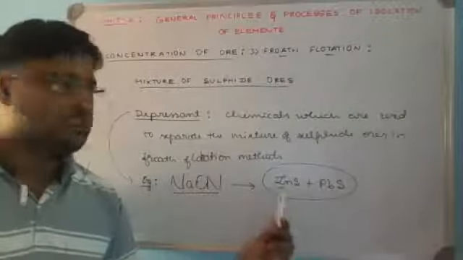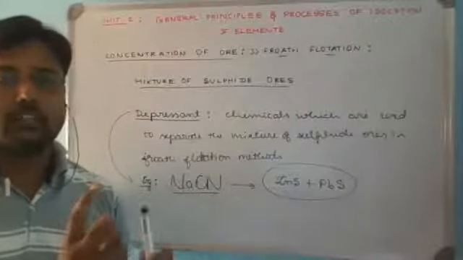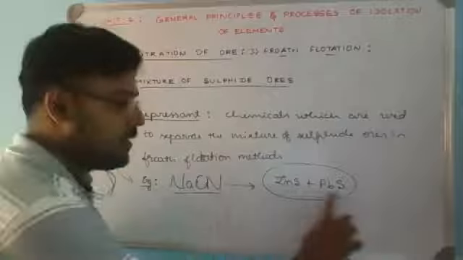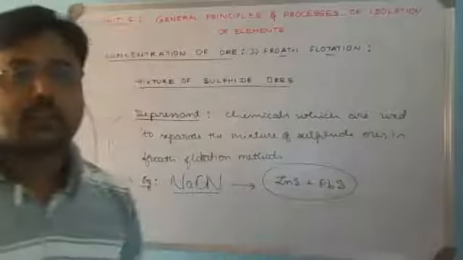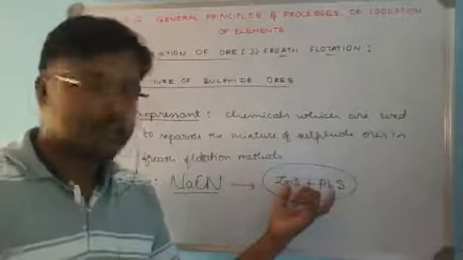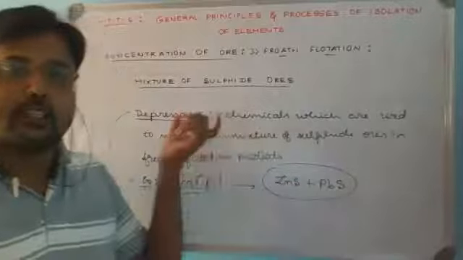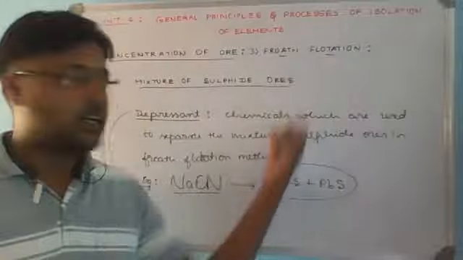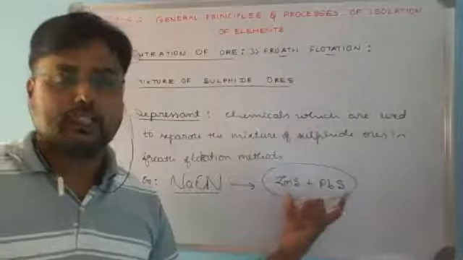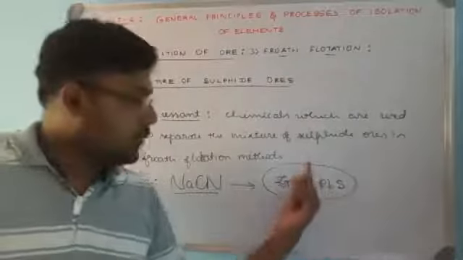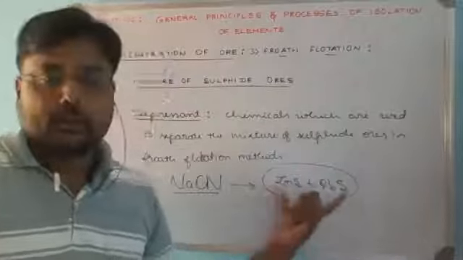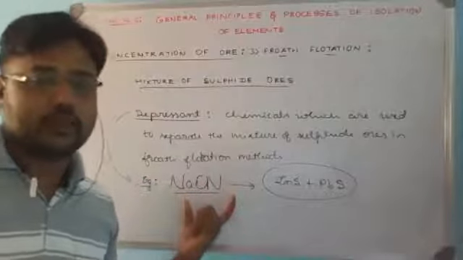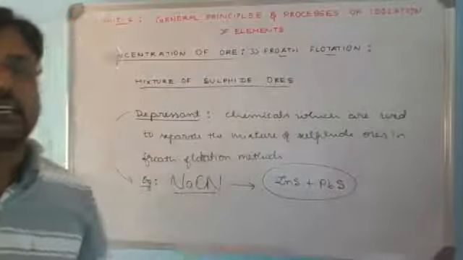So lead sulfide and zinc sulfide are the mixture of sulfide ores you have. Now you need to separate these two sulfide ores. It is not possible to separate them without using the depressant. If you take the ore into the froth flotation process, you cannot separate the mixture, but you can concentrate the ore. Now to separate this mixture, you need to use a special chemical substance like NaCN